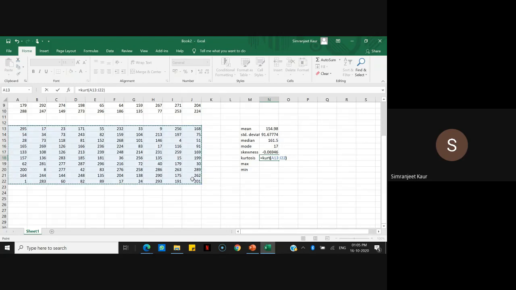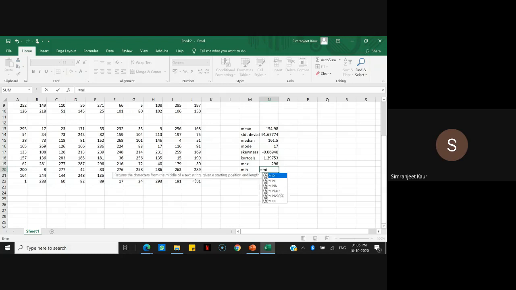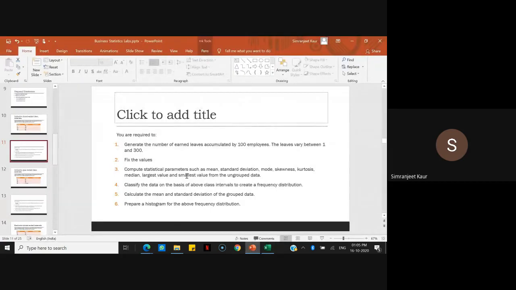Kurtosis, then you will take your max, then minimum value. So we are done with our ungrouped data. Now come to the fourth part, where they say classify the data on the basis of the above class intervals to create a frequency distribution.